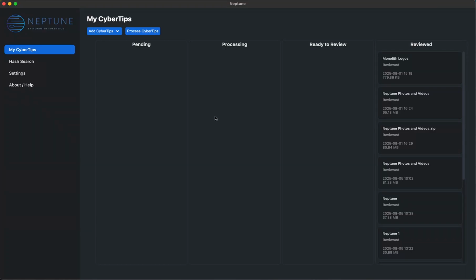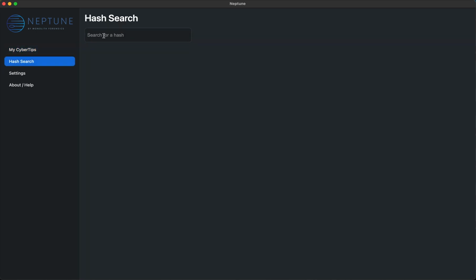In this video, we're going to show you how the hash search function works inside of Neptune. So I'm logged into my Neptune here. In the top left, I'm going to click hash search. And here I can paste in a hash and see if I've already got that added and categorized inside of